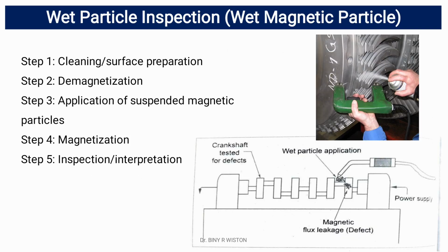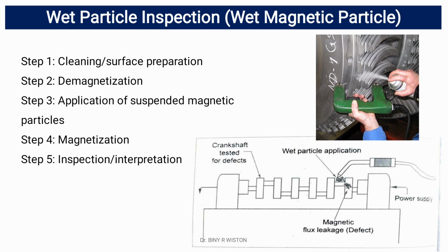Then comes the wet particle inspection. In the wet particle inspection technique, the particles are applied while they are suspended in a liquid carrier. This technique is commonly performed using a stationary or wet horizontal inspection unit. The steps involved in wet particle inspection are cleaning or surface preparation, demagnetization, application of suspended magnetic particles, followed